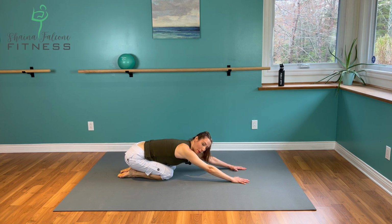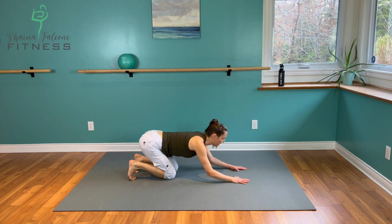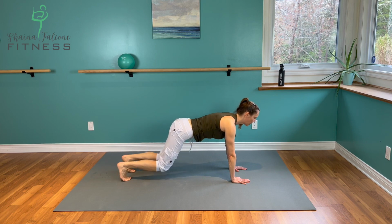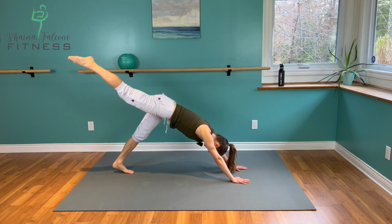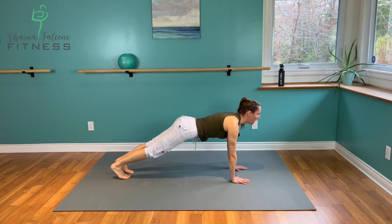I didn't say it before, but I would like to remind you, you can do all this plank work on your elbows if you don't like this feeling of the long arms. So let's bring it out nice and long, push it up. We're going into the pike. You're gonna extend your right leg, hold it here, pulse 3, 2, 1, lower to plank, lift it up, come